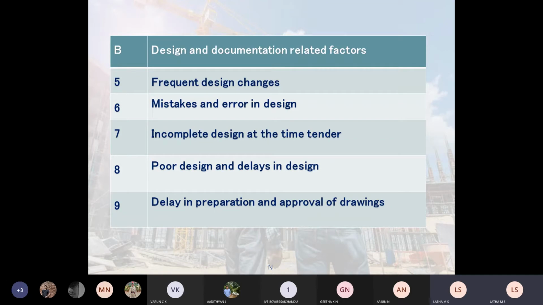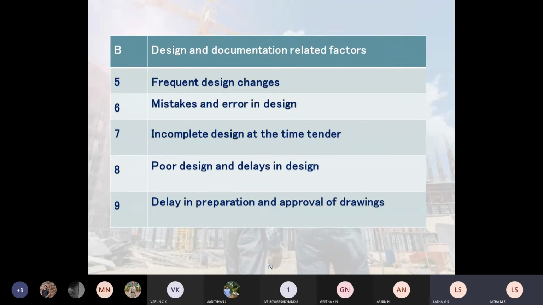So incomplete design at the time of tender. Yes, it happens when you call for a tender and for quoting for a design, and the design doesn't complete in time, that delay happens. Delay means you will lose money. That is, overrun of money will take place. And delay in preparation,